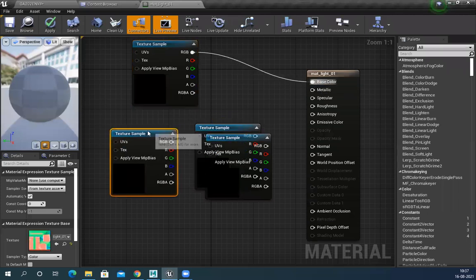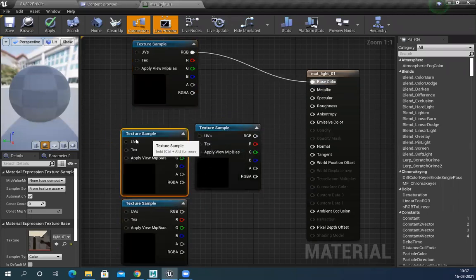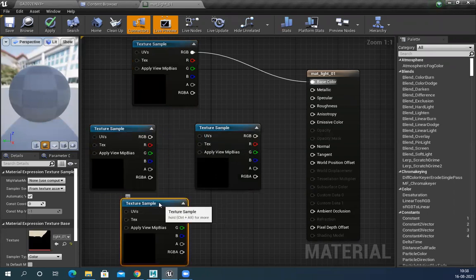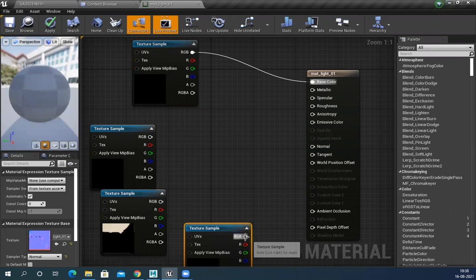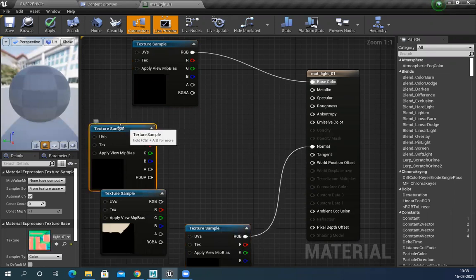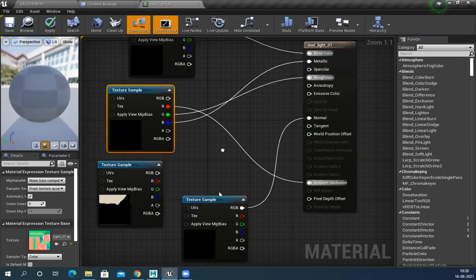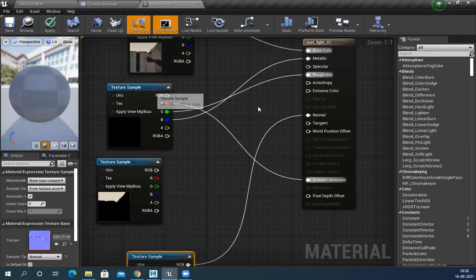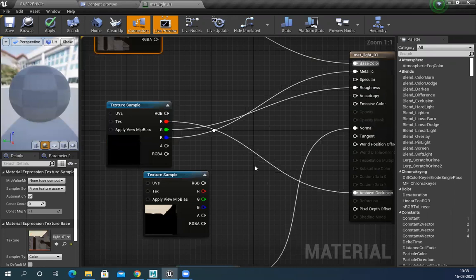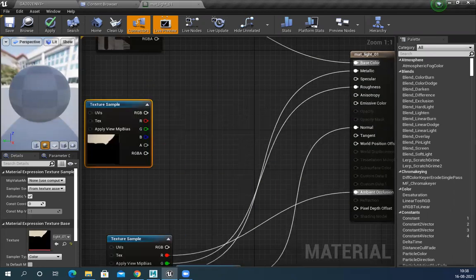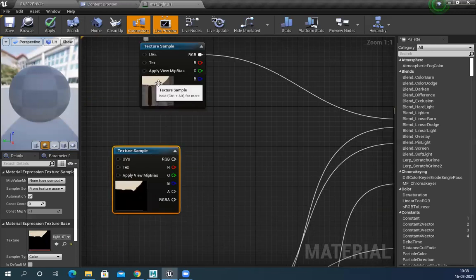Materials, all textures. Base color. This is ORM map. This one is emissive map, and this is normal map. Normal to normal. ORM: ambient occlusion, roughness and metallic. Done. Now I have this emissive map. So I want to make sure this light glows and it emits this light only.